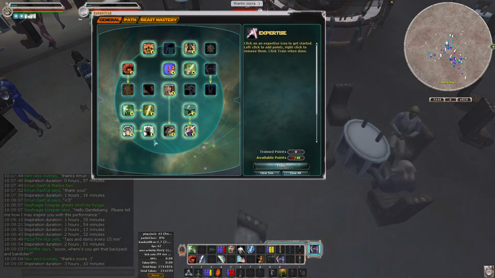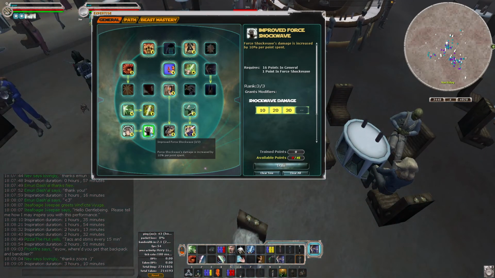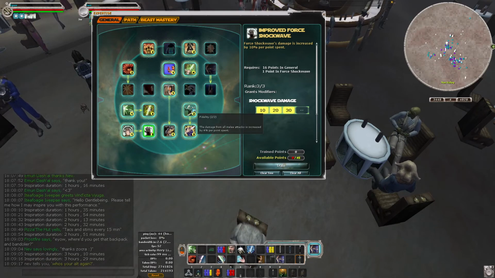You can play around with some of these points. Like, if you really don't want the shockwave damage, because that basically takes you from a 1,000 to a 1,300 hit, so if you want to redistribute those points elsewhere, I get that. But yeah, you got to get...